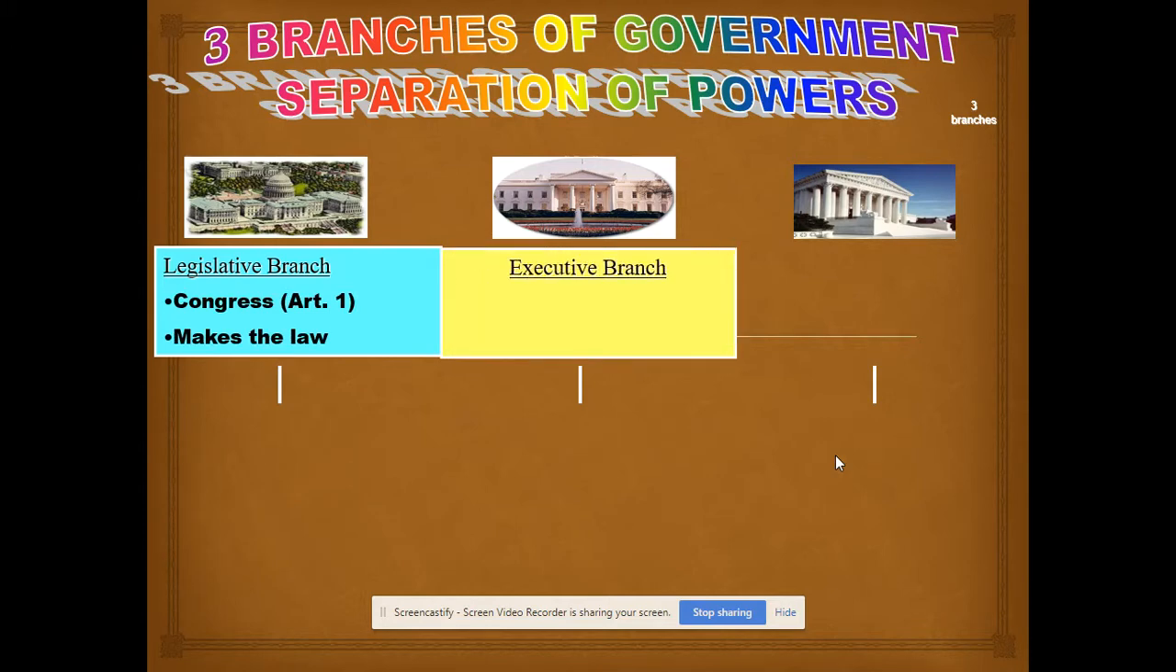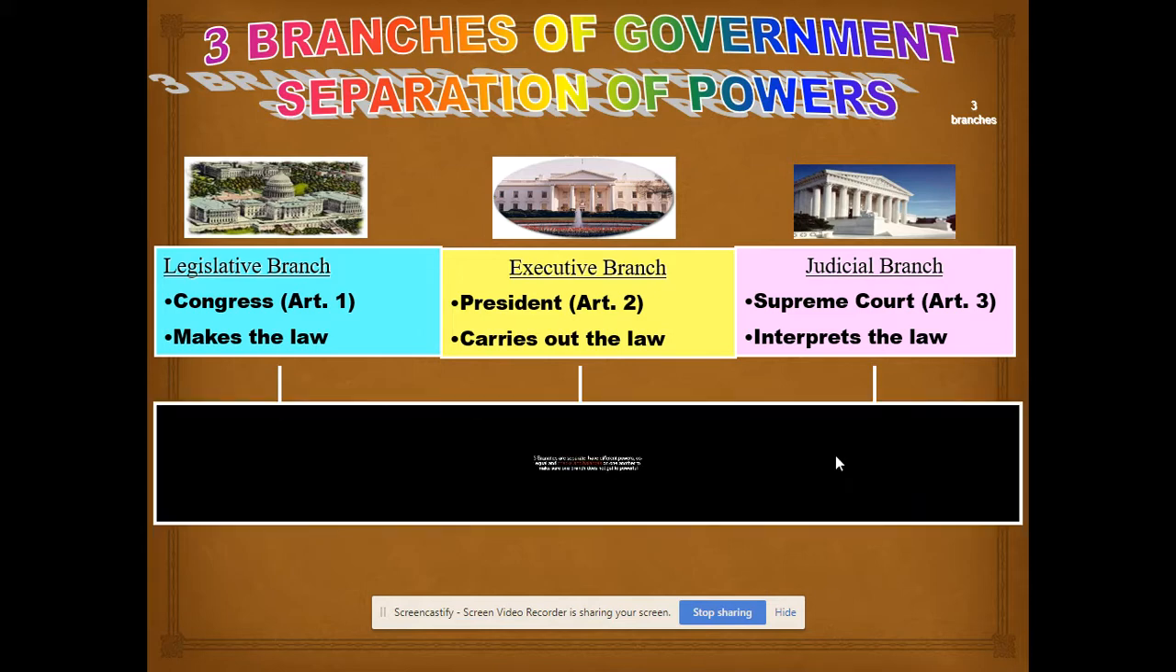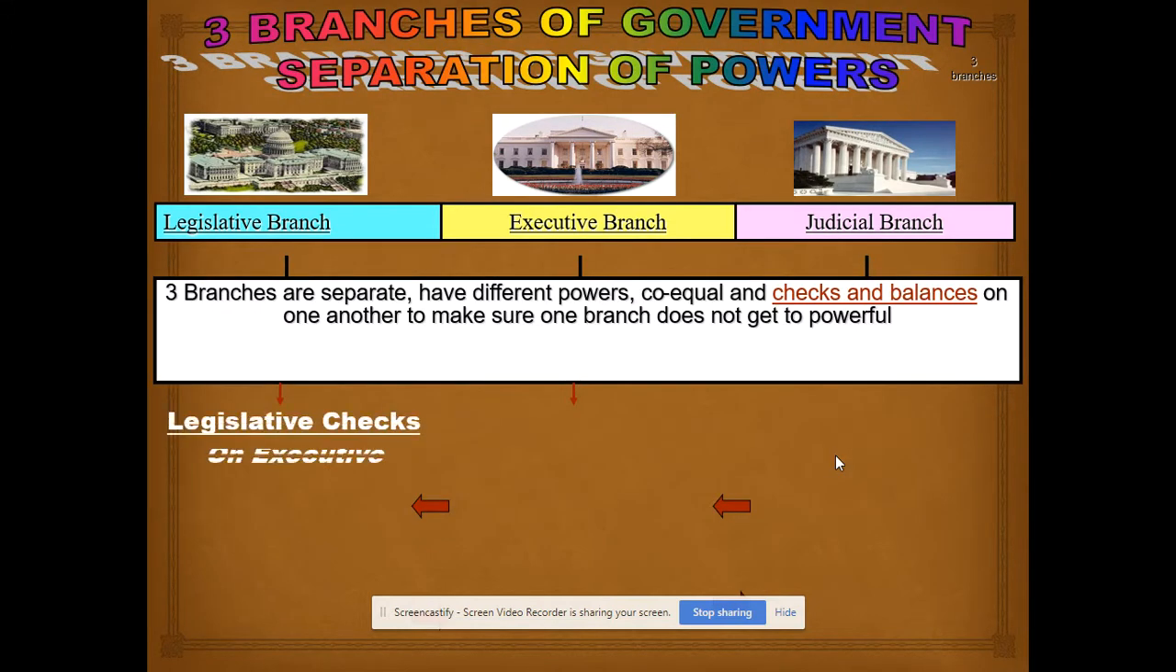All right. So legislative branch makes the law, executive branch carries out the law, judicial branch interprets the law. That's kind of the elementary version of this. You'll get a lot more depth if you ever take a government class. And so there's checks and balances. Okay. You also have